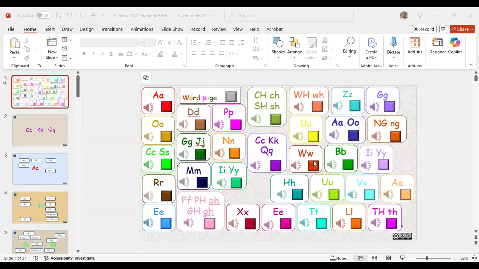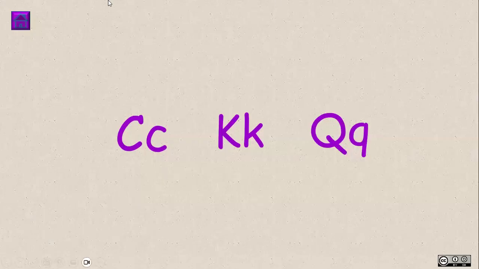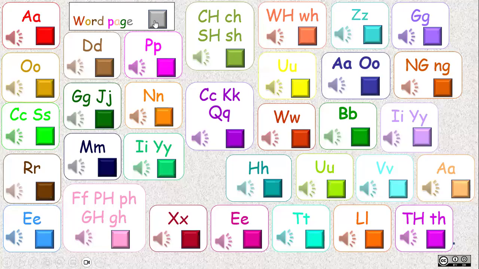This is the Phoneme Brick Wall for Genesis 19:12. I will show you how it works. Go up here to the present button, push it twice, and it always takes us there. Go back to the home page, go to the word page,